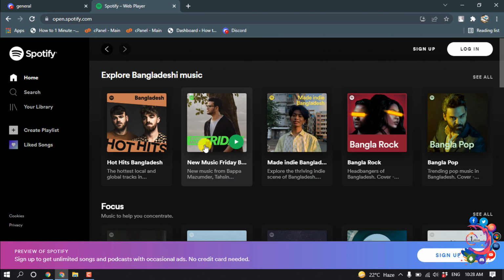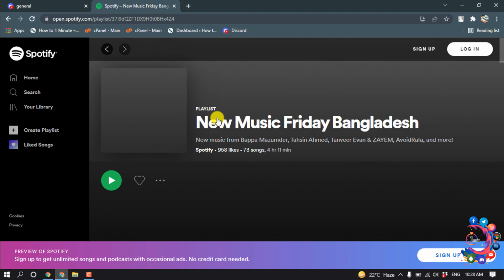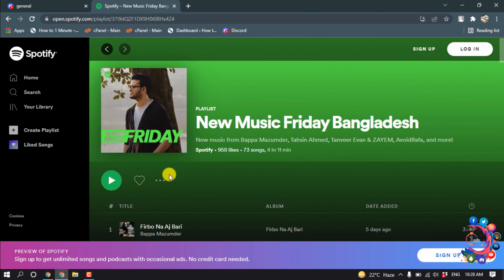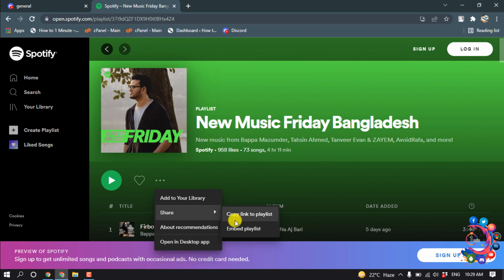So first of all, open your Spotify playlist, which playlist you want to play on your Discord. For example, I want to play this playlist. So after opening the playlist or album, click on this three dot icon and share, then click on copy link